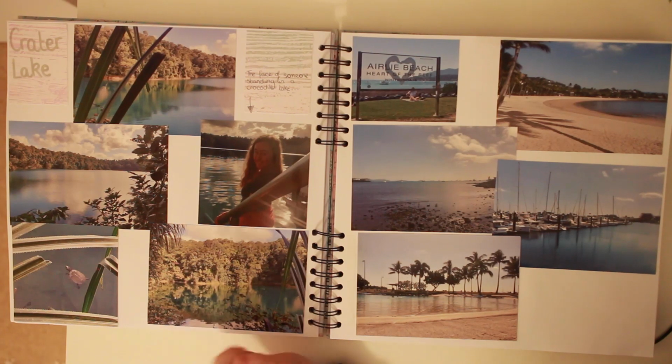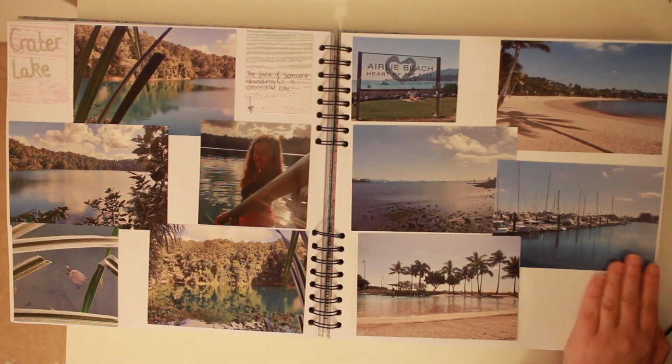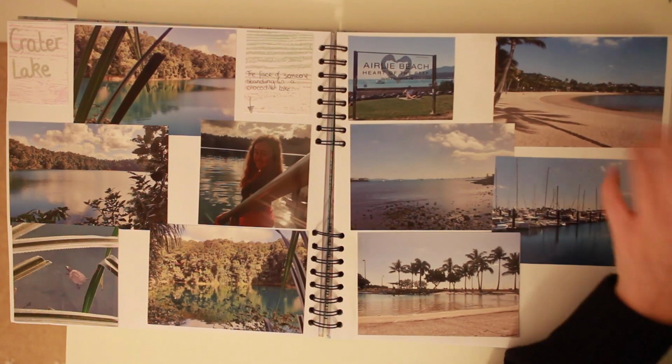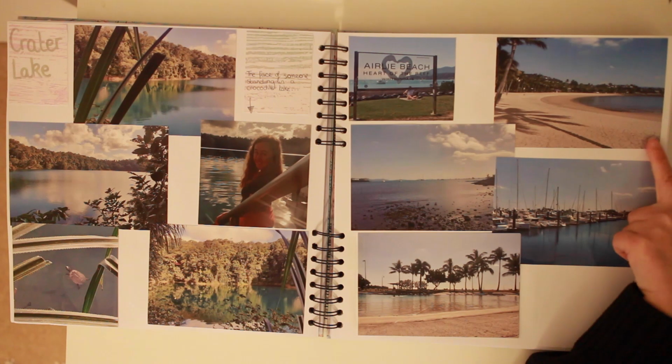So we then boarded a bus to Airlie Beach, which was 10 hours long, and it was a day bus, so it kind of felt like a wasted day because we were just sat on the bus all day. But we eventually arrived in Airlie Beach. So this was the beach, but you can't swim in there because there's jellyfish, and so we just spent the morning walking around